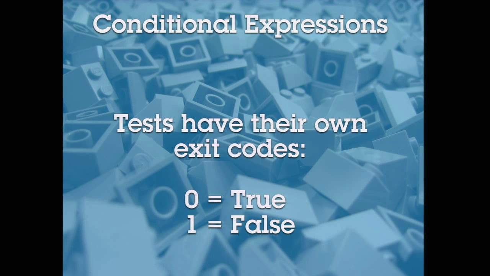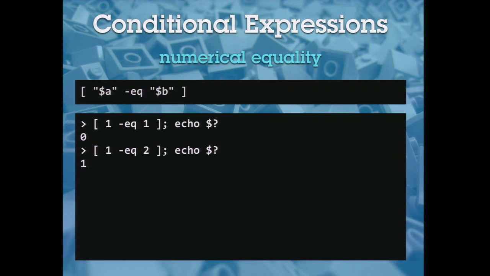So I'll go over some of the most commonly used tests. This is a test for equality. Notice I have a semicolon after the test and an echo $?. The $? is a special variable that always contains the exit code of the last run command. So the last run command is what's before the semicolon. As you see, the test says, does 1 equal 1? 0 means it's true. Does 1 equal 2? 1 means it's false. Now usually you'd have some kind of variable in there. You wouldn't be doing these kind of dumb examples.